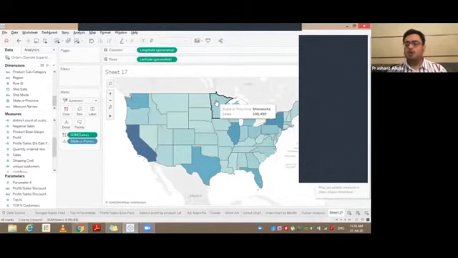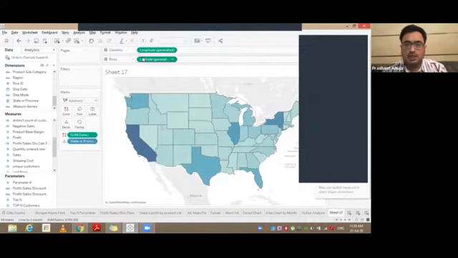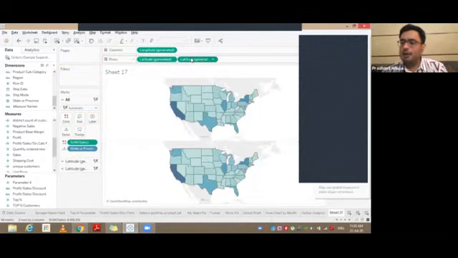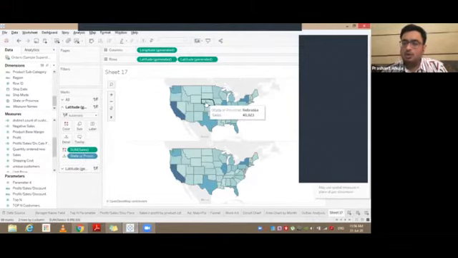Now what we need to do, how we're going to present this map, is we will duplicate the map. There's one map and we will duplicate it just as we did for quick table calculations. I'll create another map. So all I need to do is pick it up using the control key, and drag and drop it here. Now from one map which I had initially, we now have two maps. The first field would be representing this particular chart. The second field would be representing this particular chart. Any changes which I make here would come on this chart. Any changes which I make here would come on this chart.